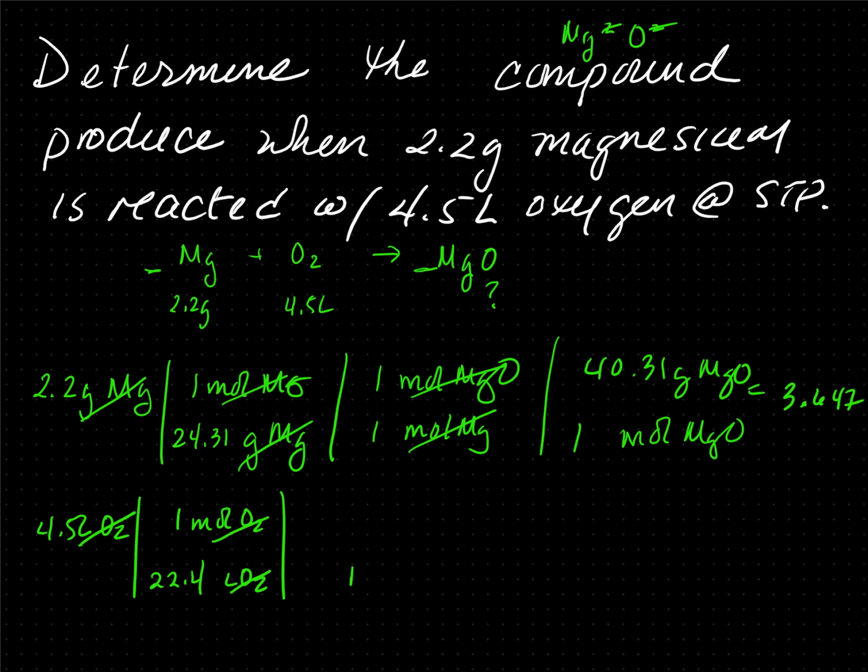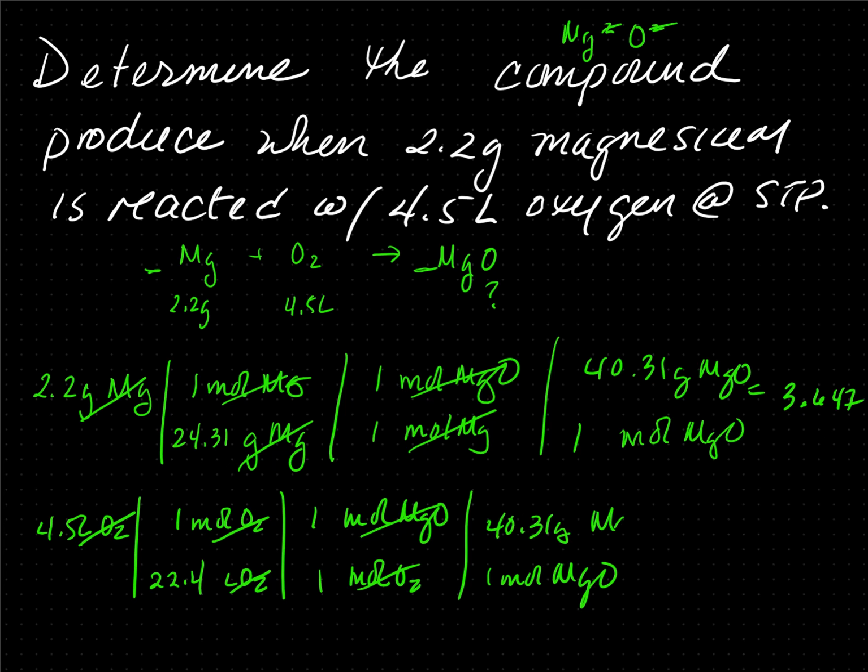Moles of O2. Coefficient is 1 again. 1 mole of MgO. The moles of O2 cancel out. Moles of MgO. 1 mole of MgO, molar mass, 40.31 grams of MgO. Multiply the numerator, multiply the denominator, and then divide. You should get